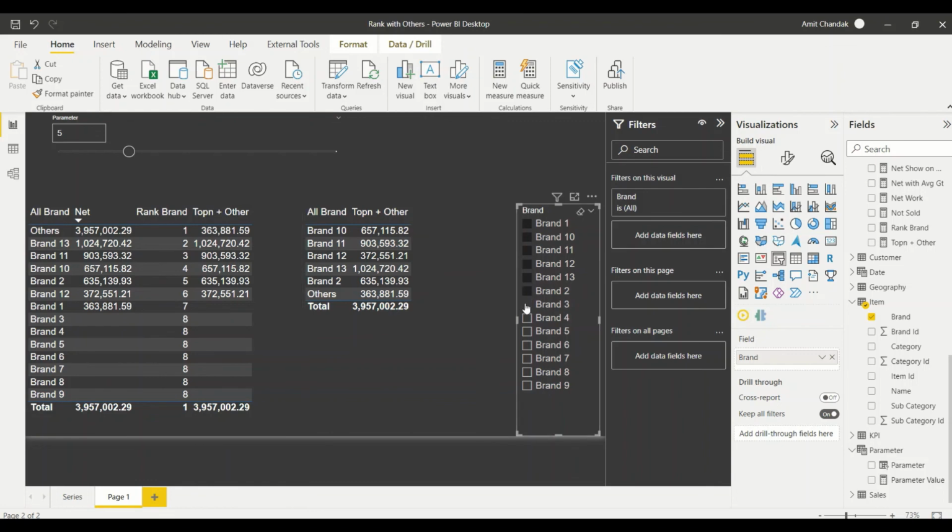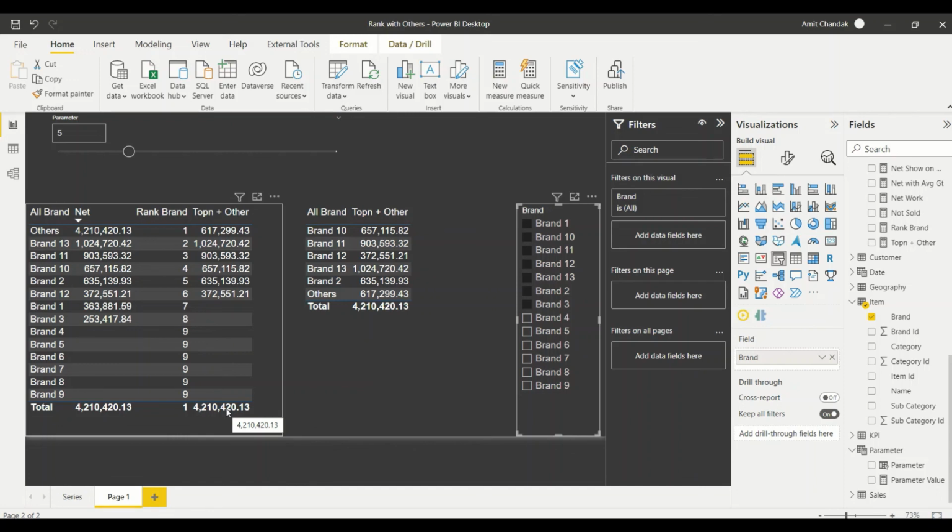Now let me add one more brand, and now you will see my number is equivalent of this one: 6, 1 carry, 7, 11, and then 6. So you can see the number is matching and the total is matching, and all those things are going to happen. So go ahead and try this method to do your rank plus others,